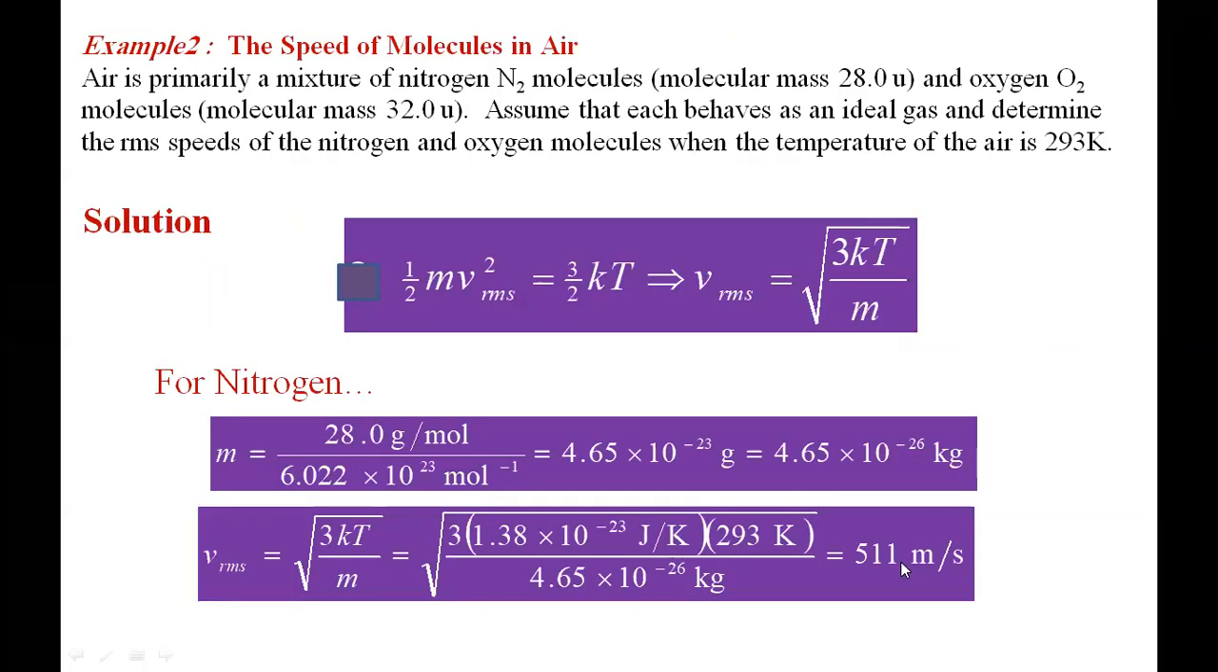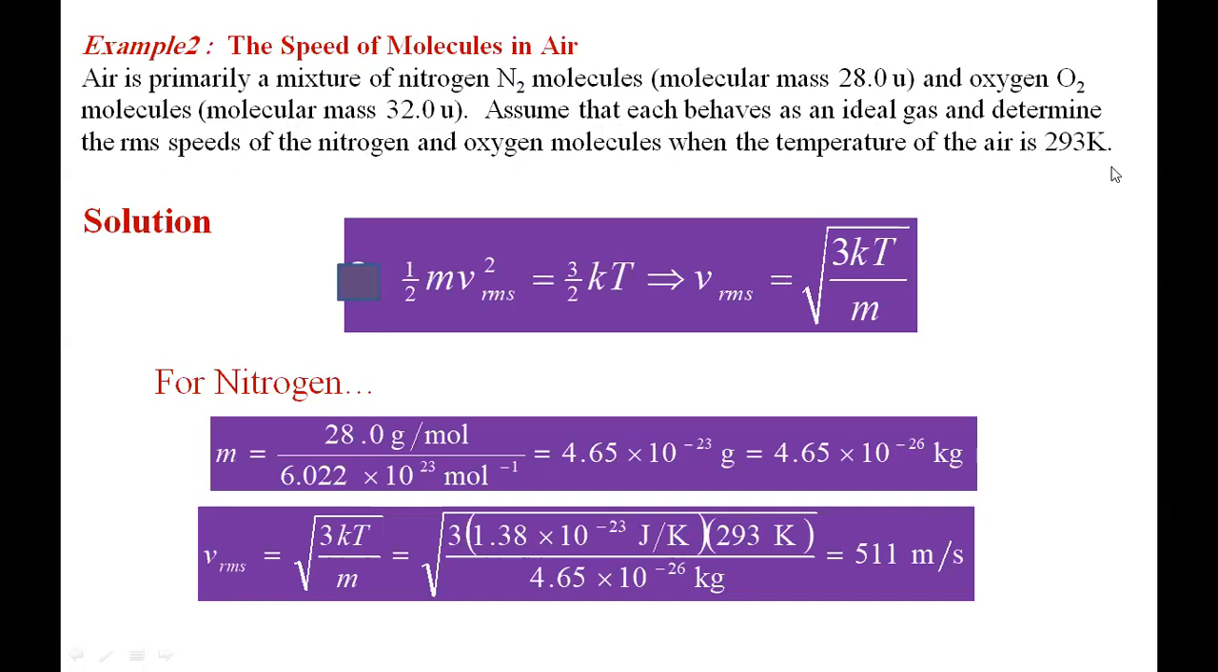Okay, in kinetic theory, the speed of molecules in air. Air is primarily a mixture of nitrogen and oxygen molecules. The molecular mass of nitrogen is 28 u and of oxygen O2 molecules is 32 u. Assume that each behaves as an ideal gas and determine the RMS speed of nitrogen and oxygen molecules when the temperature of the air is